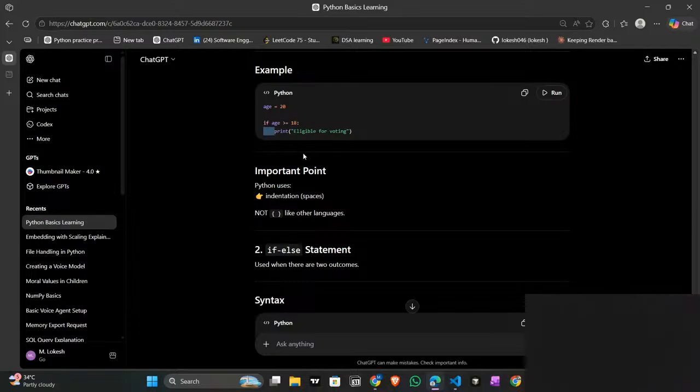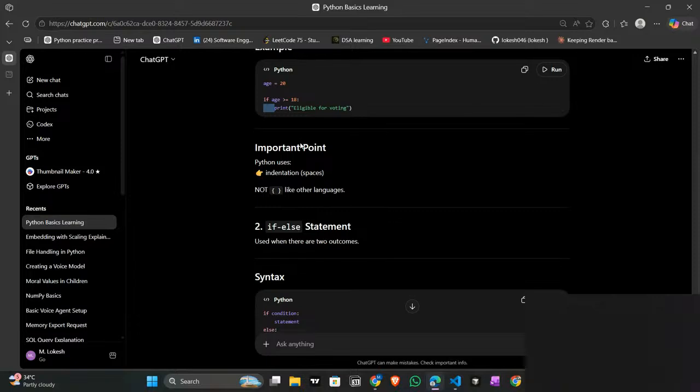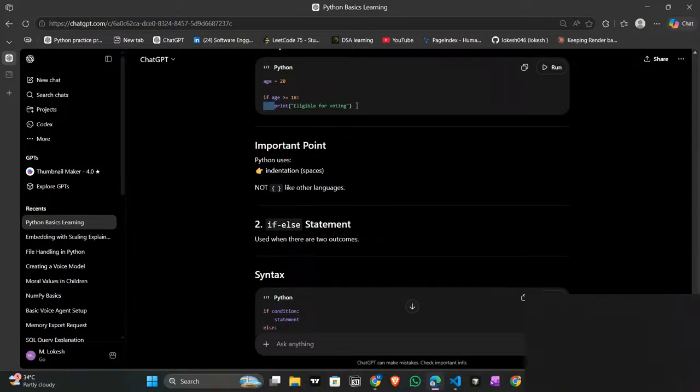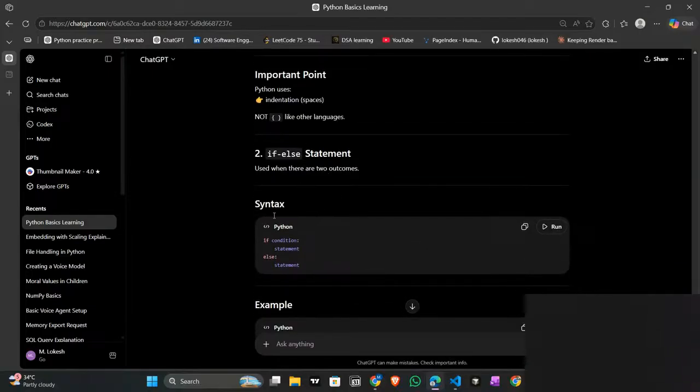Without indentation, Python programming does not exist. In other languages, they use curly braces. They do not consider any space or lines to execute their code. But here, indentation is more important. Why? The code should look clear and be understandable. For that only, they have created the indentation method. Now you understand why indentation.